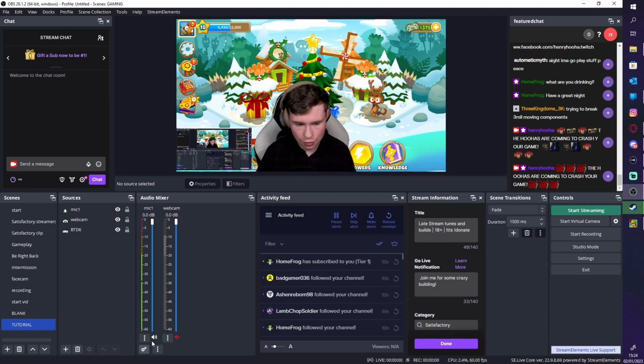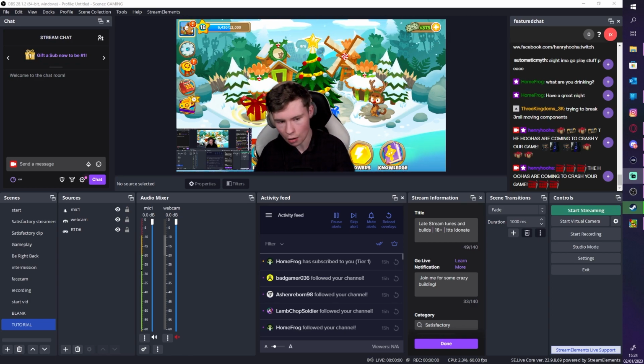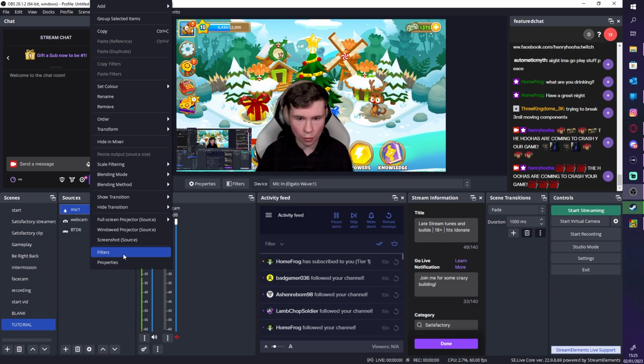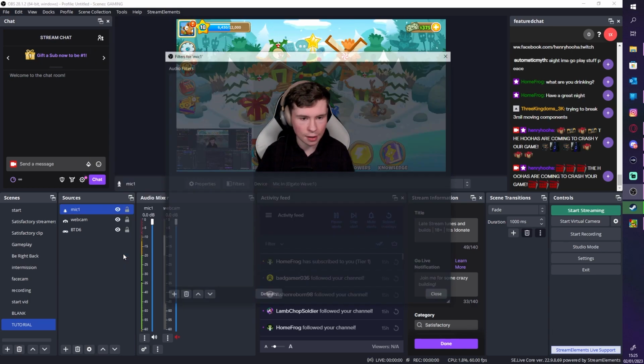and we're going to turn off our audio source here, and now you should be able to hear me through Streamlabs. Now you can see it's a little bit high on the mixer, so really you want it just to be hitting that orange point on the mixer, but we're going to fix that. We're going to sort it out. So what we're going to do is we'll set the filters before we set the max volume, and how we do this, we right click and we go to filters,